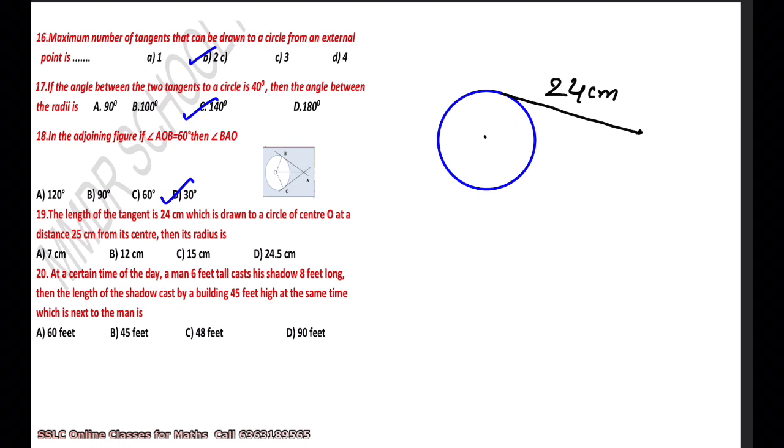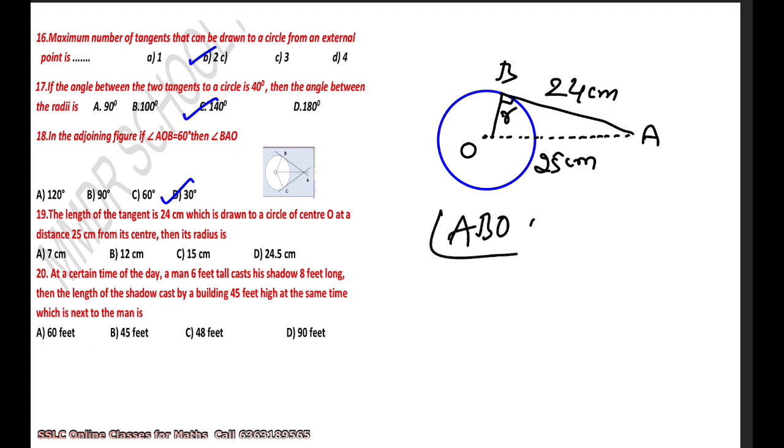Similarly, this point is at a distance of 25 centimeters from the center O. So what we need to find out? We need to find out the radius, that is this radius. So if I name this as A, this as B, and this as O, then we know that this is going to make 90 degrees. Angle ABO is equal to